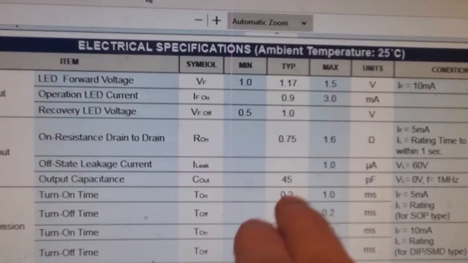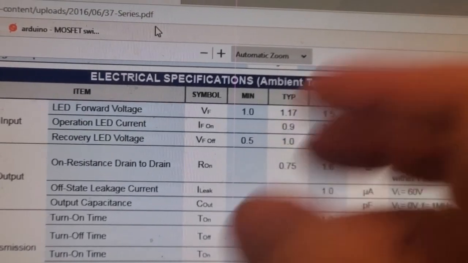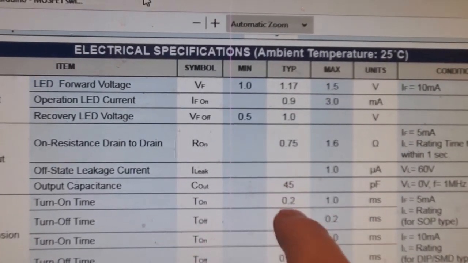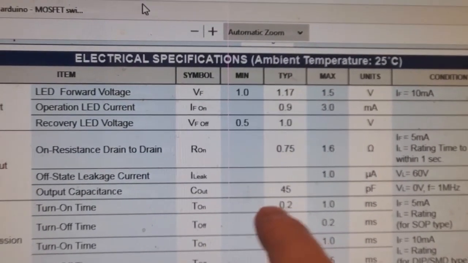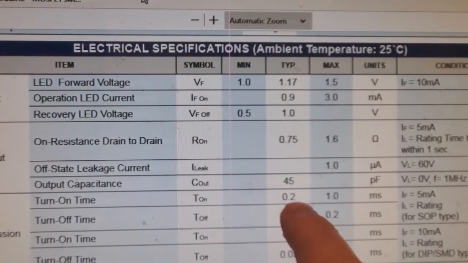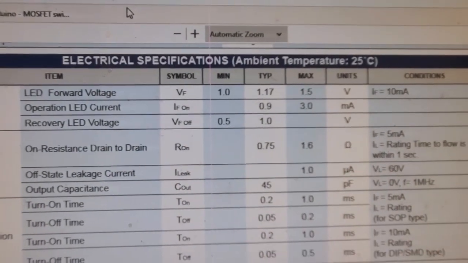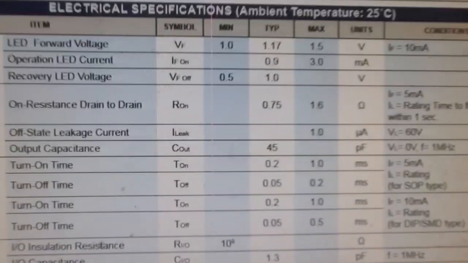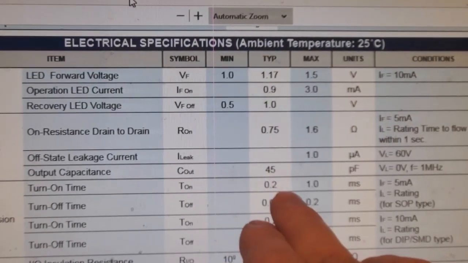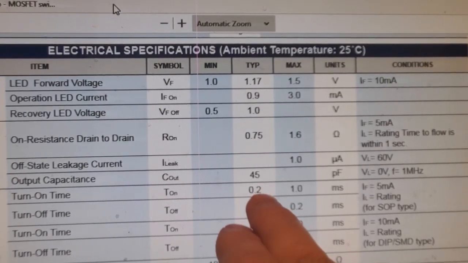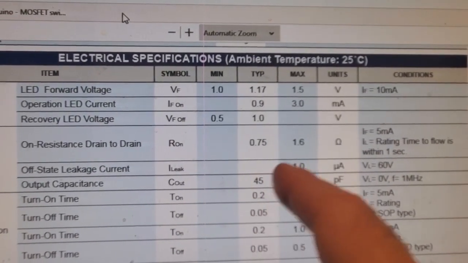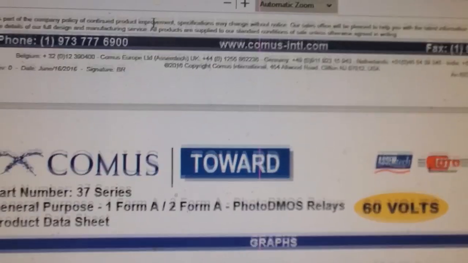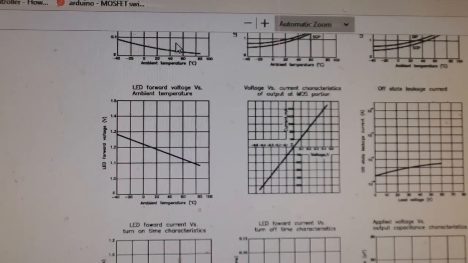Another thing that kind of fooled me for a while, and Panasonic, you gotta love Panasonic too. They just do such a complete job. Once I saw it, then I looked it up. It's also on the Comas thing. It says that the turn-on time is 0.2 milliseconds, so 200 microseconds. However, when I was using this, I was noticing it could switch faster than that. And really, the turn-off time is also very important. But this is pretty good. It switches down to 200 microseconds and 0.05, but in practice I was getting it switched down to like 80 microseconds. And so, what you want to look at, again, this should be a separate video, I'm just all over the place,